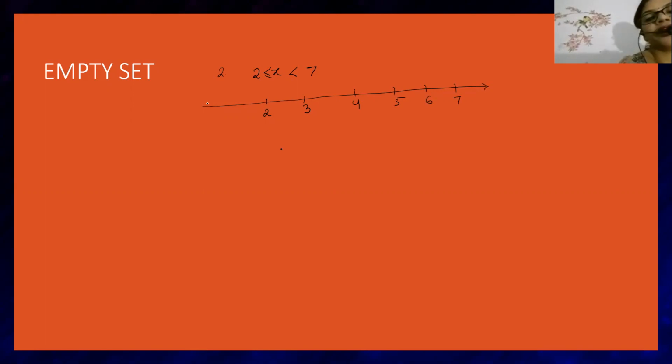Okay, now beta here 2 is less than or equal to x. Beta here equality sign is there. Since equality sign is there, that means x can either be equal to 2 or x can be greater than 2. So these are two possibilities. Whenever it is written that x is greater than or equal to, that means you have two possibilities. One possibility is x can either be equal to 2 or x is a number which is greater than 2.